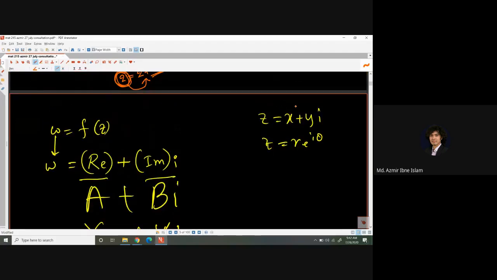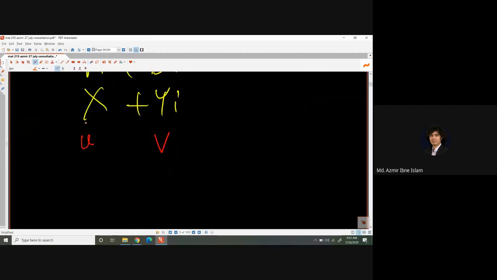If we are inputting the rectangular form, then u will be a function of x, y, and v will also be a function of x, y. Then we can add up, so w, or we can say f of z, finally the output will be in this form,